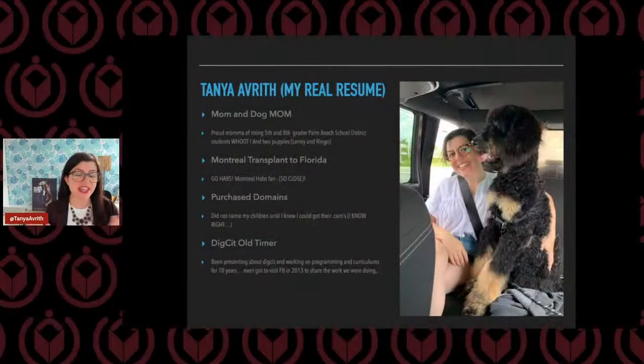Little known fact about me, I actually purchased my children's domains, their .coms, before naming them when I was pregnant. So I own my daughter and son's .coms. Fun fact, my son has the same name as a world-renowned UFC fighter, and that guy doesn't own his .com. My son, who's 10, does. So yes, I am that crazy.